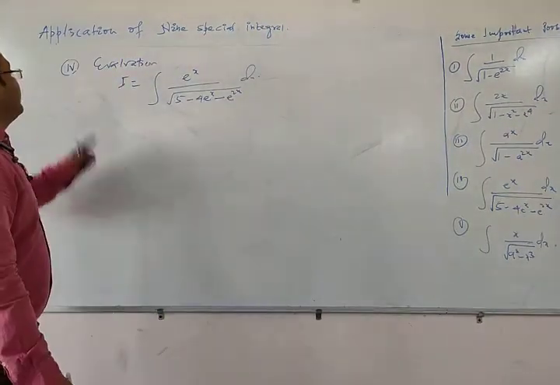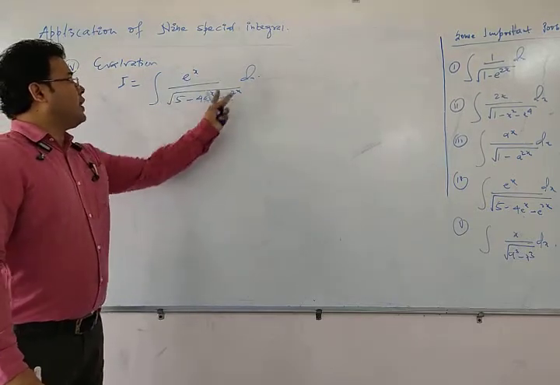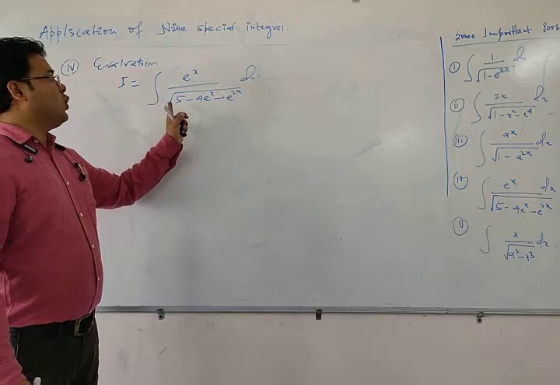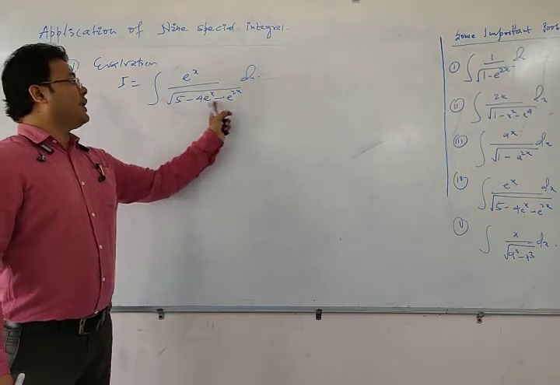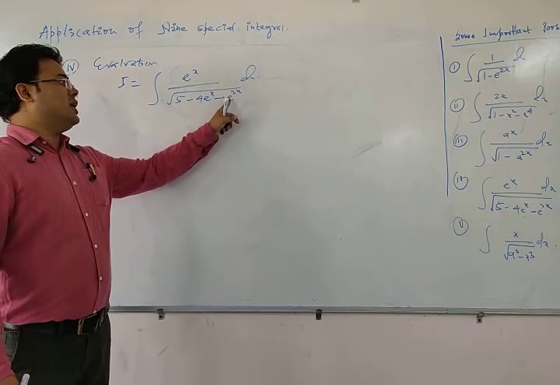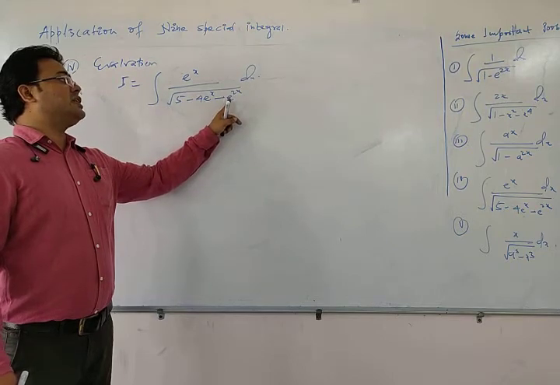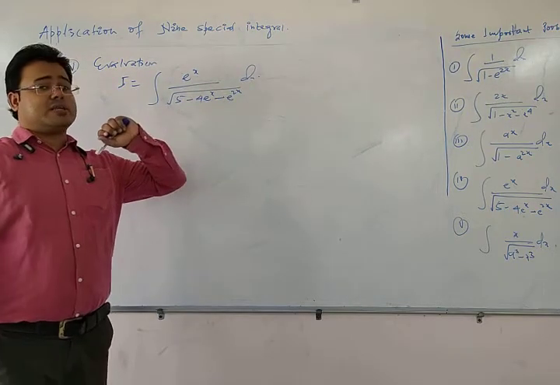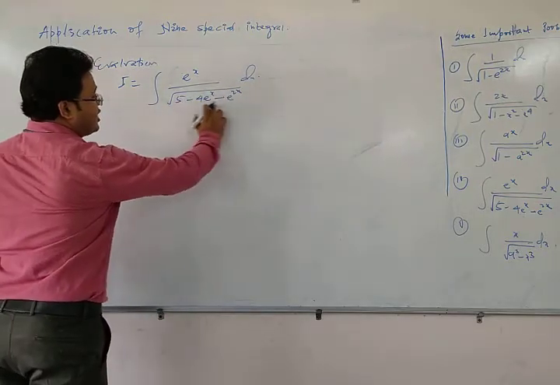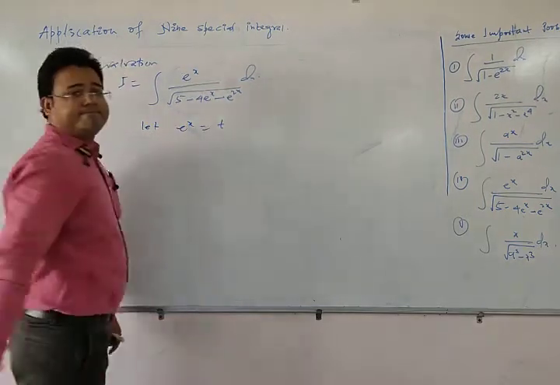And this is number 4, and here is the integral. You can easily see that we have to write a quadratic equation here, and you can see e to the power 2x is present, which is written as e to the power x whole squared. So to take it as a quadratic expression, we have to make e to the power x equal to t.